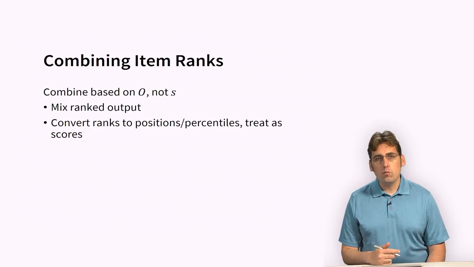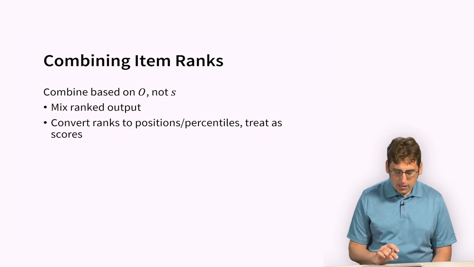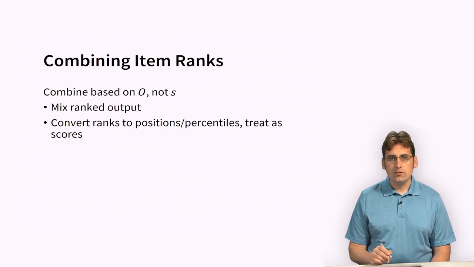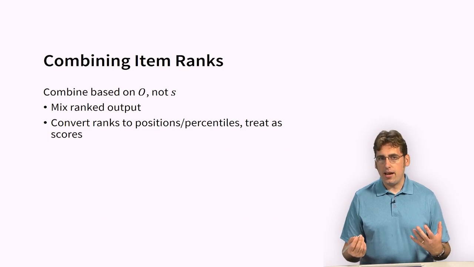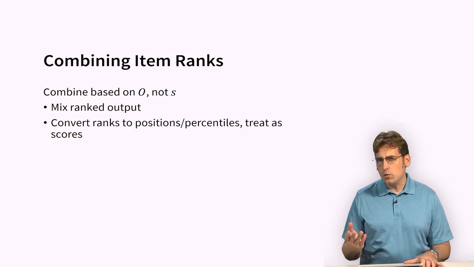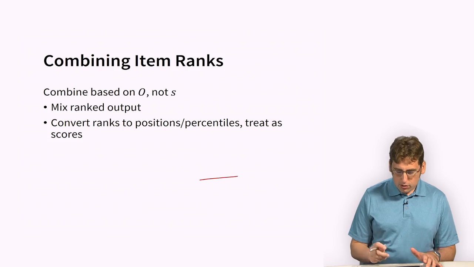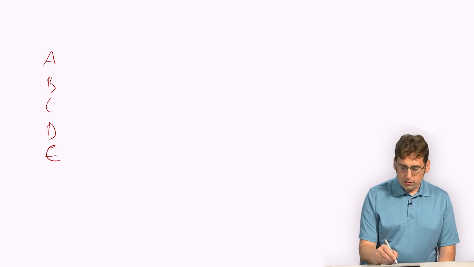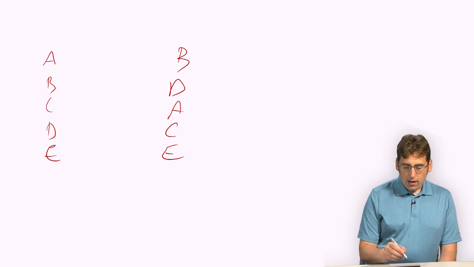We can also combine item ranks, where rather than blending our S function like we saw here, we blend our O function. There's a few ways we can do this. We can mix ranked output, or we can convert ranks to positions or percentiles and treat them as scores. This works really well for blending in popularity. So to do that, we can say if we've got two recommendation lists, A, B, C, D, E, and B, D, A, C, E,